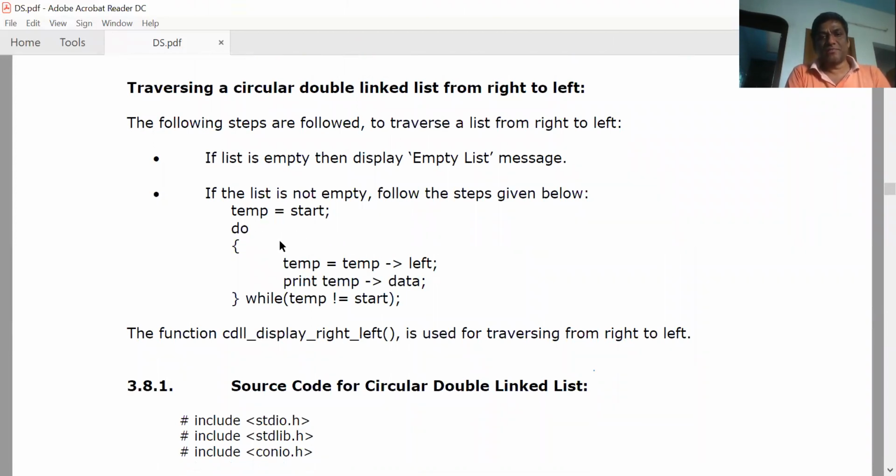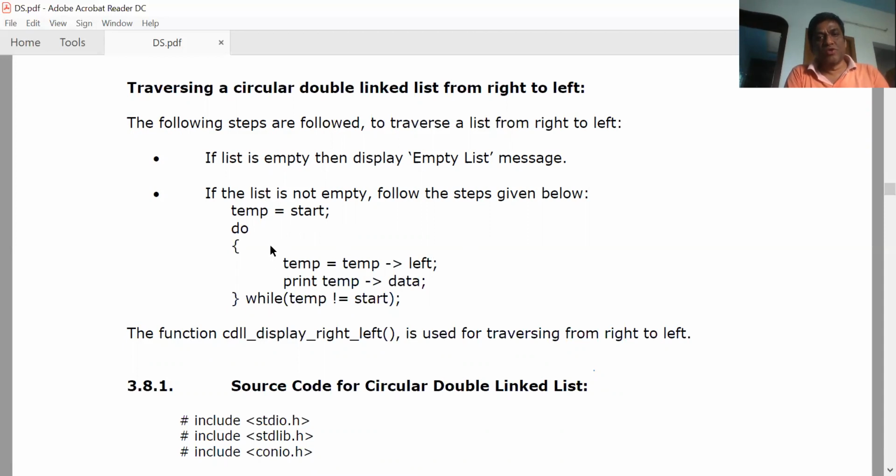How do you reverse? By using temp is equal to start left. Initially, temp is equal to start, and do temp is equal to temp left, print temp data. So it is not temp is equal to right. You are moving backwards. Temp is equal to temp left and display the data. While temp not equal to start, just move on displaying the data.